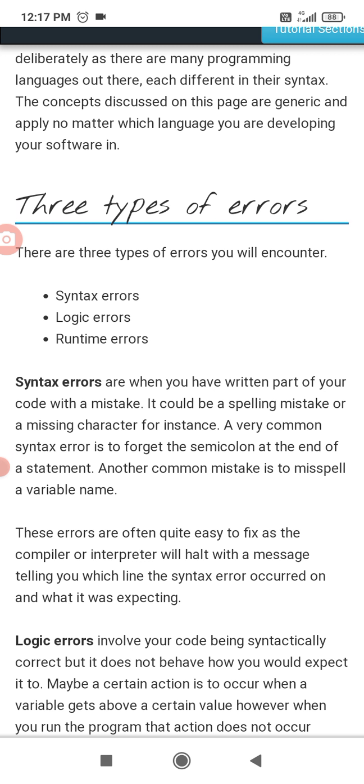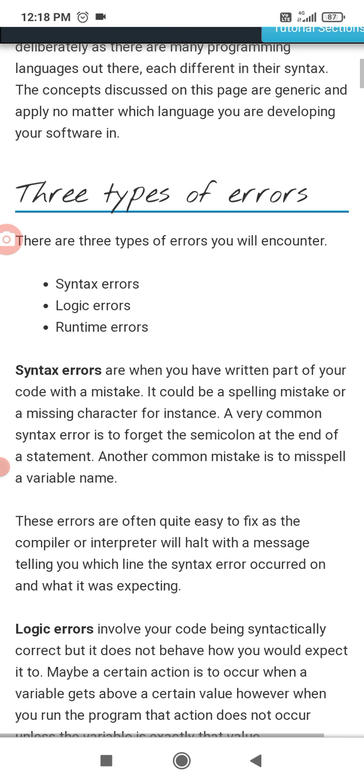If you give an extra space while writing the program, or make a spelling mistake, that is also a syntax error. It could be a spelling mistake or a missing character. For instance, a very common syntax error is to forget the semicolon at the end of a statement.